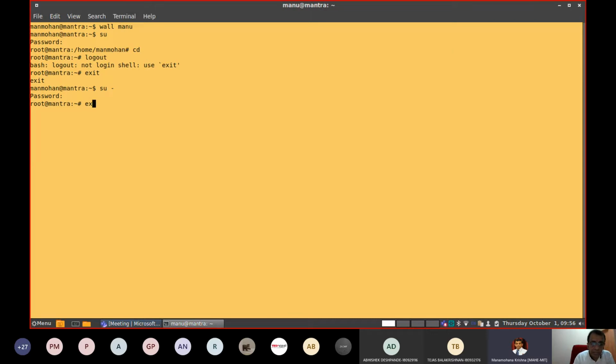And another way of doing things is you can also try with su hyphen, then you can write root, switch user to the root. This is also fine. su hyphen and a username. Username of the root user is root. If you want to log in to any other user's account, you have to write that user's user ID.